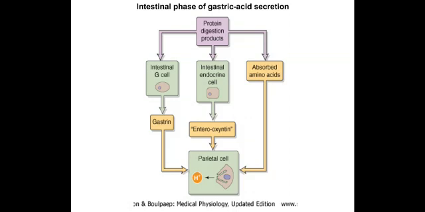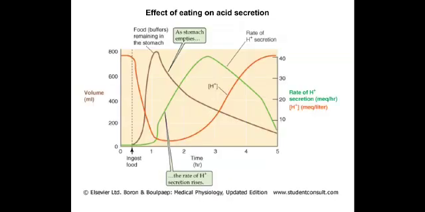So whenever protein enters, it stimulates the endocrine cell. Absorbed amino acids also stimulate the parietal cell, which in turn causes gastrin release. So there are three phases of gastric secretion. What are the phases? Cephalic phase. In the cephalic phase only 20% is released, and this is mainly because of conditioned and unconditioned reflexes. The secretion of gastric juice starts within 5 minutes of food. The gastric phase accounts for 70%, mainly controlled by the hormone gastrin, whereas the intestinal phase is controlled by gastrin and bombesin.